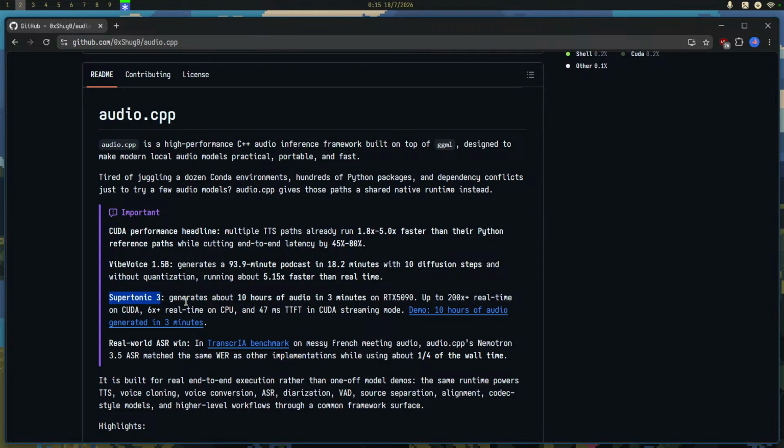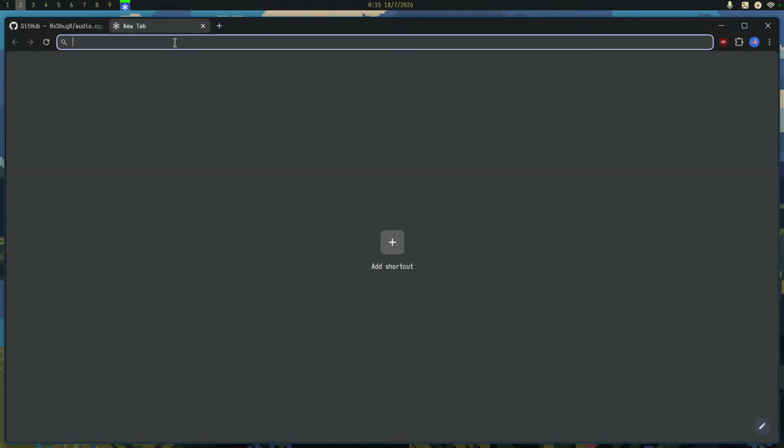But I did port Pocket TTS, and I have to say I used AI to do that. But I remember I did not use AI to port the inference engine for the Orpheus TTS model. So for example, we had